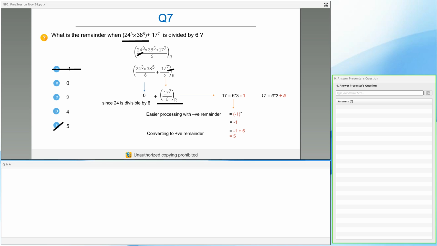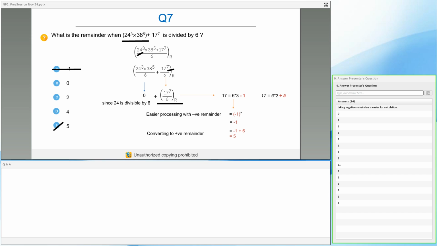It's not always necessary that you will get 5 as the answer. It depends on the power. A lot of things depend on the power. So instead of 8, what will be the answer? If I had minus 1 to the power 8, will the answer be 5 or will the answer be 1? The answer will be 1, right? Because minus 1 to the power 8 would give me 1. Hence the remainder would be 1. Now I don't need to add back the divisor. So in this case the answer is not 5, it's 1.